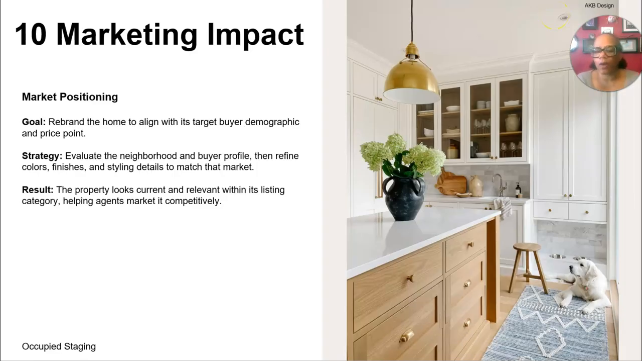So what is the goal? We're now marketing this space, right? And so what you're doing is rebranding the home, because it had a brand and that was the homeowner's brand. But now you're trying to brand to the demographic. So again, you've done the demographic research. They may or may not be representing that demographic, but now you're trying to rebrand the home so that you are appealing to the neighborhood demographic and the price point, right? So the strategy is you're going to elevate the neighborhood and buyer profile, then refine colors, finishes, styling details to match the market. And that results in a property that looks current, relevant within its listing category, and helps agents market it